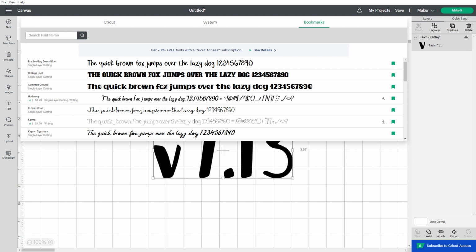A quick note, System fonts will only be bookmarked on the device you used to bookmark them. As of the recording of this video, bookmarking fonts is only available on the desktop version of Design Space. I'm guessing they're going to add Android and iOS later. But if you use Design Space desktop on multiple devices, like I have my Windows laptop and an old iMac, even if you have the same fonts installed on all of the devices, the bookmarks will not automatically show up